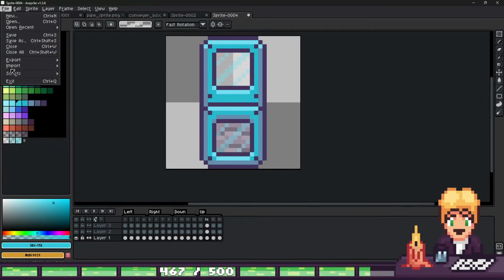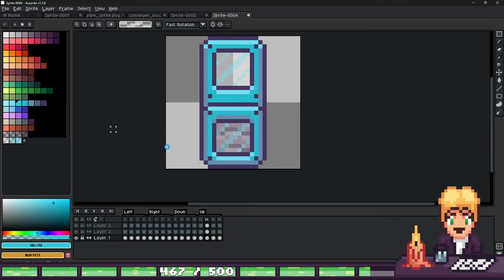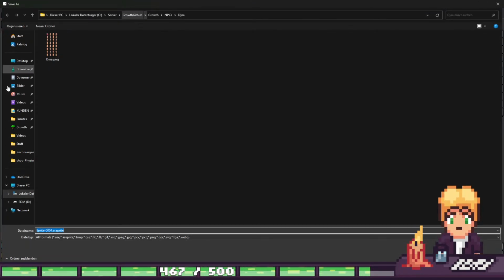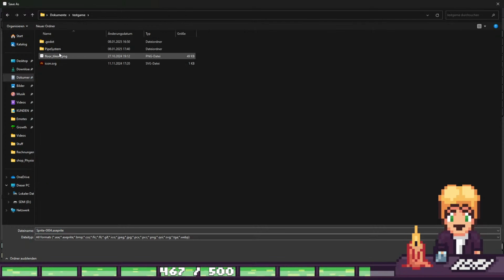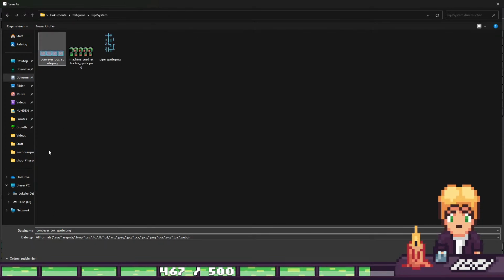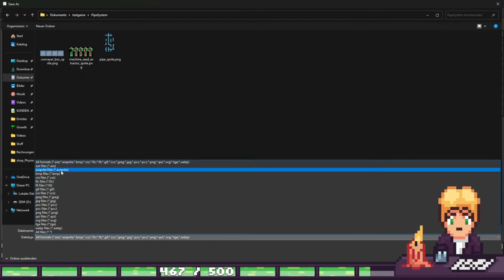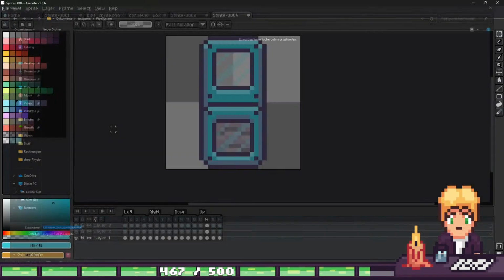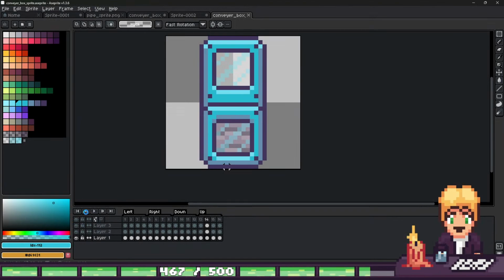And now, first of all, we'll save this box here to documents, test game, pipe system, and we say this is a sprite file. Save, and we will save it as, wait,